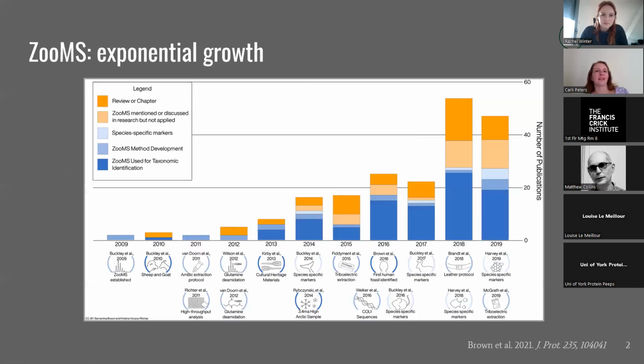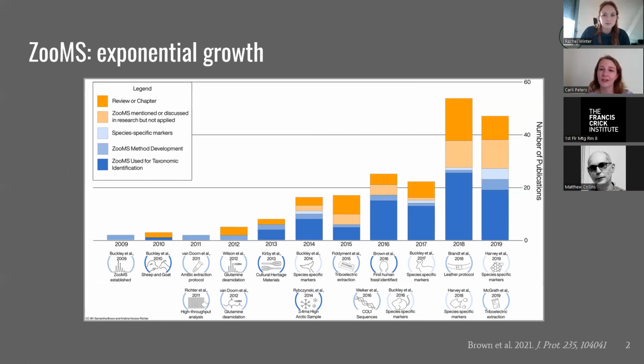So we've seen this slide already with Sam's talk in the early morning, but ZooMS has really expanded exponentially over the last 15 years. This graph only goes to 2019, but we've seen so much development, both in terms of taxa for which we have markers available, geographic range of where these species are coming from, the developments with fish, birds, reptiles, amphibians, and so on. It's really been a big growth in the field, and it's really established ZooMS as a big field in biomolecular